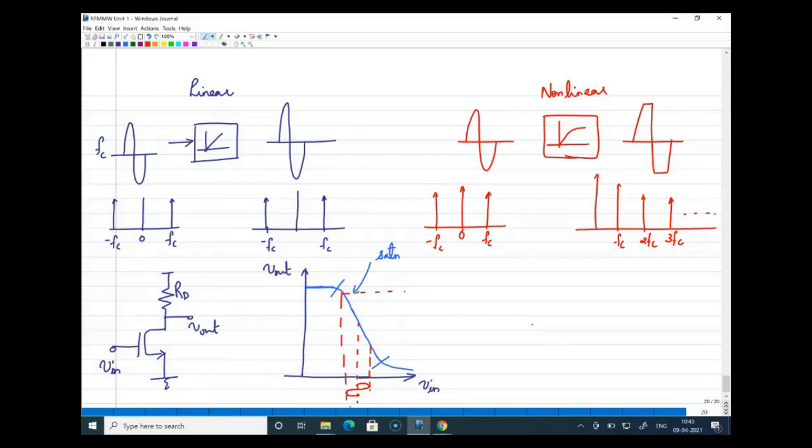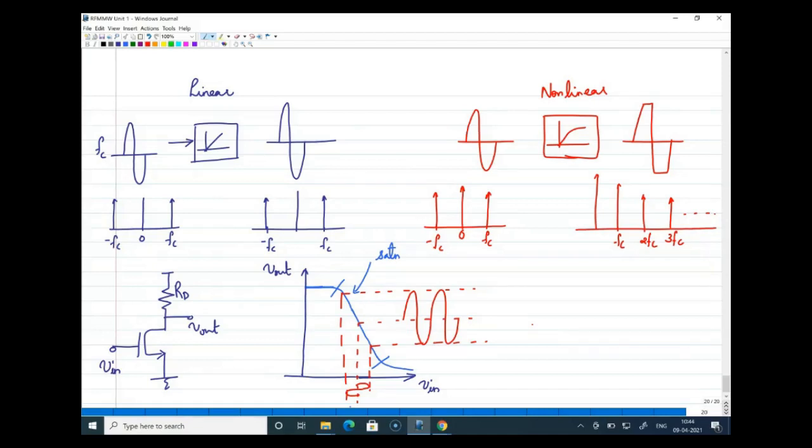So the output will be an amplified output. This is my output DC level, and your output will be amplified, something like this. Now, when you have given a small signal, because you know that all these devices are non-linear, but we are working on small linear segments of this non-linear device. When your input signal is within that linear segment, you are getting a proper output, the faithful amplification, and your waveform shape is preserved.